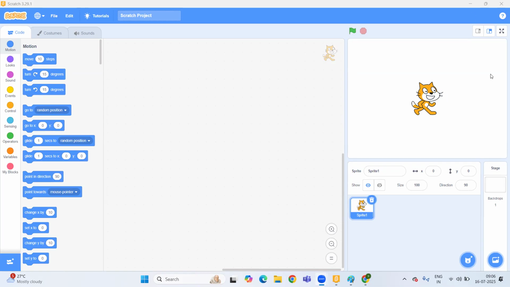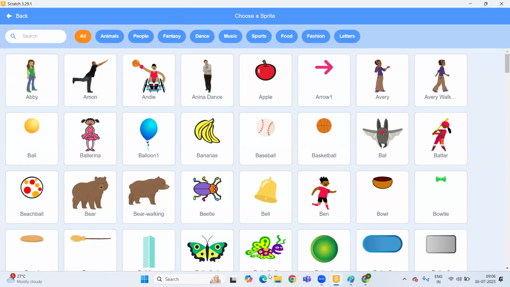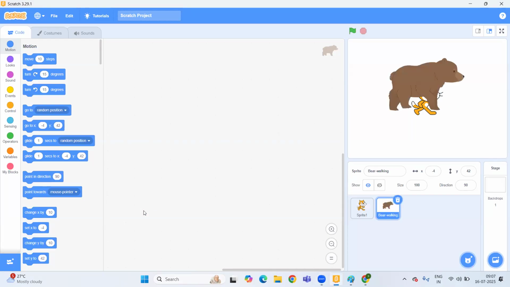Okay, I'm going to show you. Before that, I'm going to delete this default sprite, or I can keep this one also. And if I want to take another one, I can take it, like this beer walking, for example.